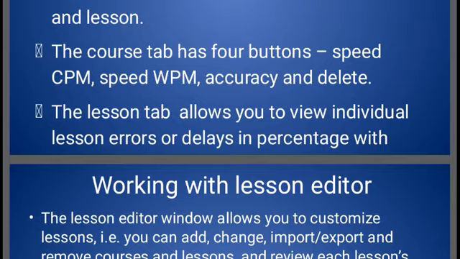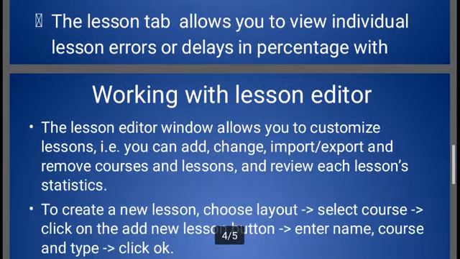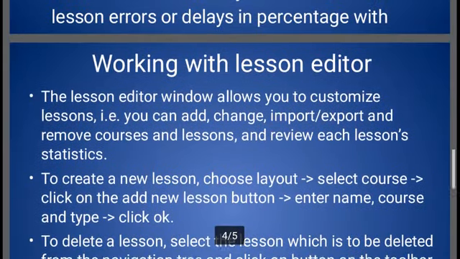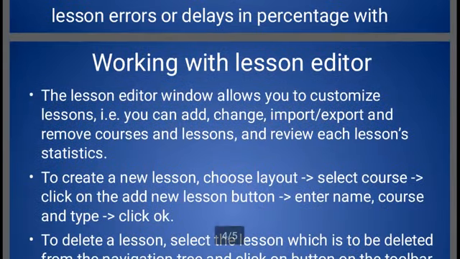Now next is lesson editor. The lesson editor window allows you to customize lessons. You can add, change, import, export, and remove courses and lessons and review each lesson's statistics. So there is a wide variety of options available.